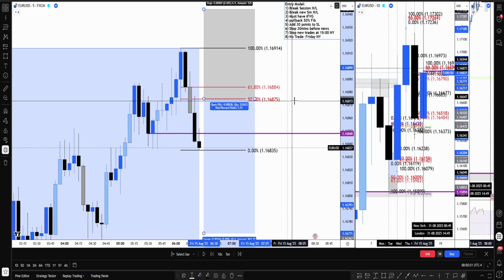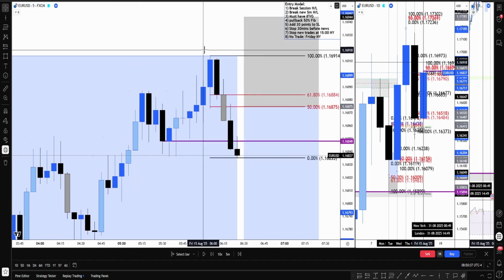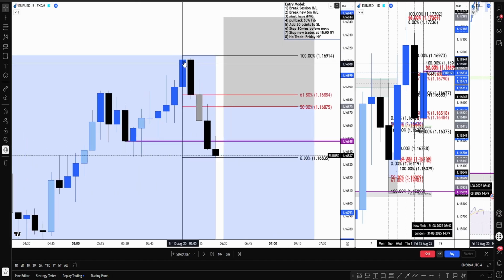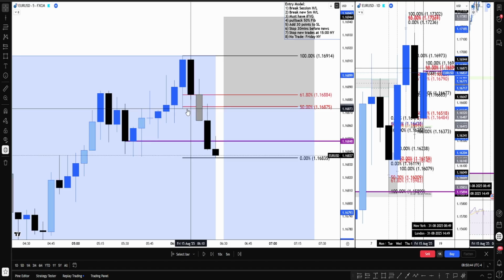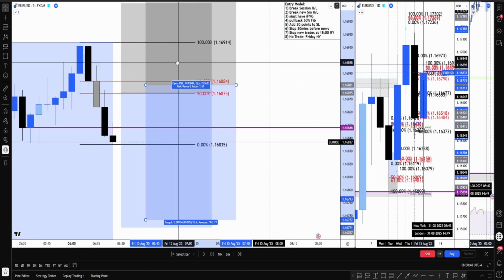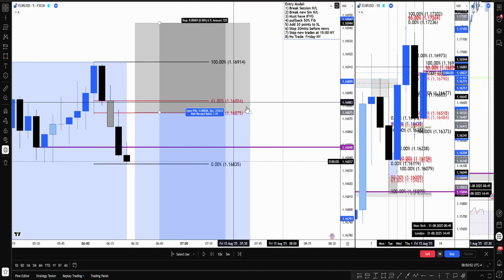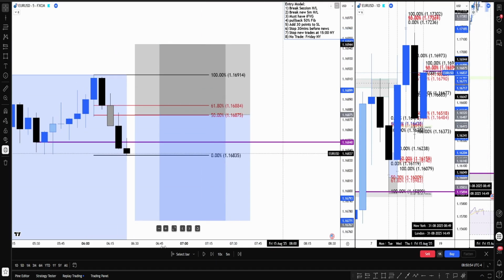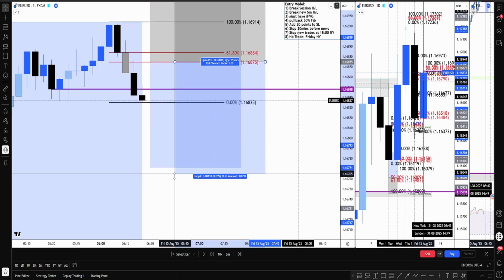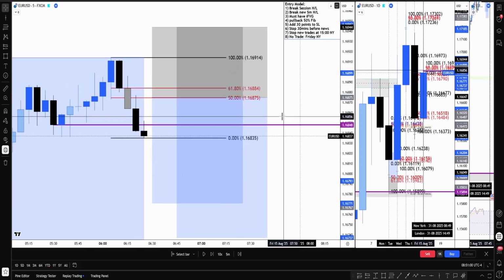Where's our order block entry? Our order block entry is sitting here on the 50% as well, because this candle is the highest candle before this move down, and we can enter off here. But since that is the 50% pip level and we only look for a trade close to the 50% level, we're going to work from there, and we can make a 2. There we go. Let's do that.